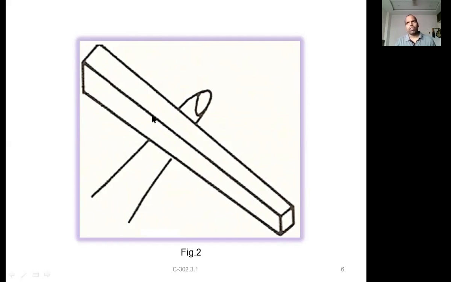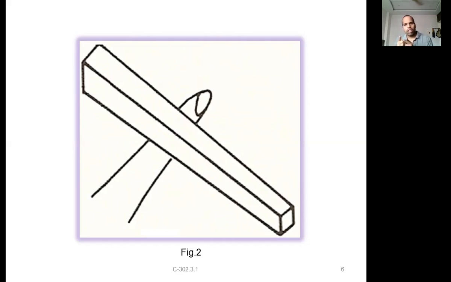If you repeat the same experiment with that rod and keep your finger at the midpoint, it will not be in a stable position. It will rotate in one direction and fall down. Why is this happening? Because in the case of a uniformly varying section, the weight on one side will be more and the weight on the other side will be lesser, because the size is varying. On the side where the size is less, obviously the weight will be lesser, and on the other side the weight will be more. So if you keep it at the center, the weight is not balanced.